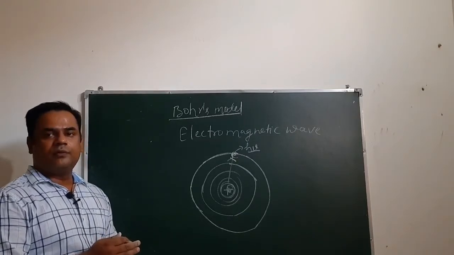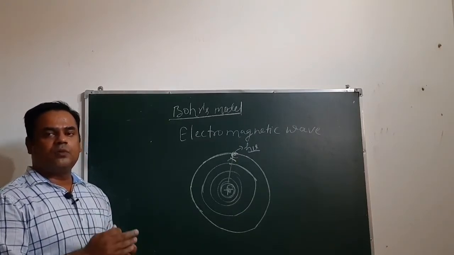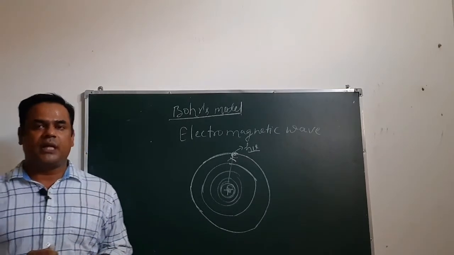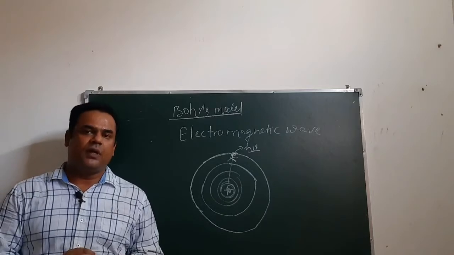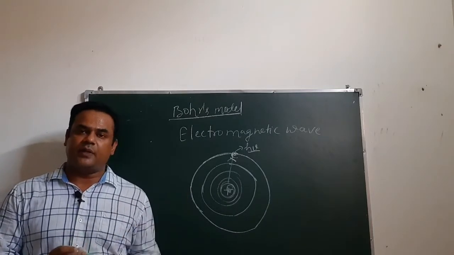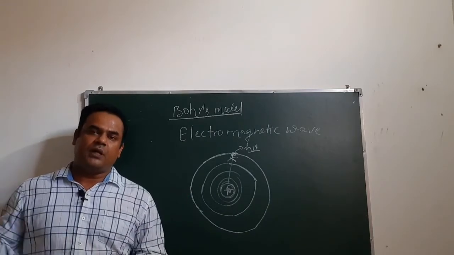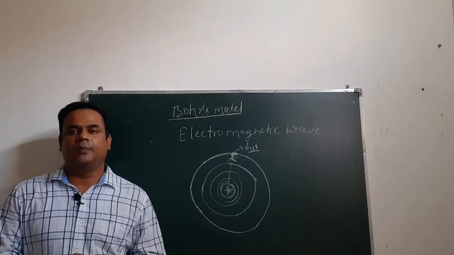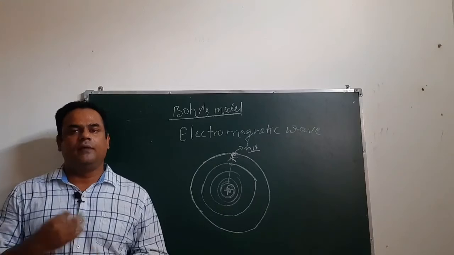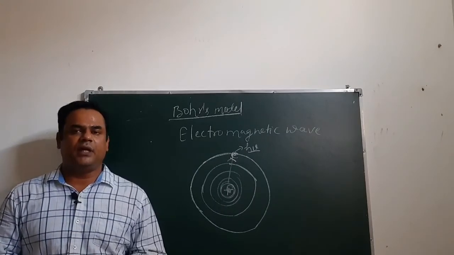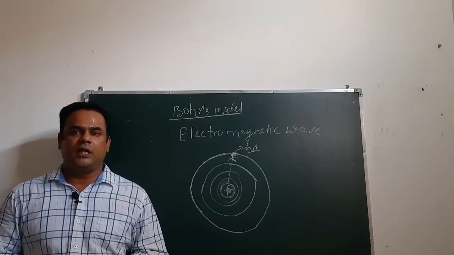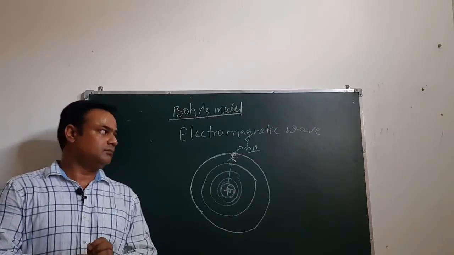After that, Rutherford performed an experiment. The Thomson model was a completely hypothetical model. That model was not based on any experiment. Then Rutherford came and performed an experiment: whenever alpha particles are passed through a thin gold foil, most of the alpha particles pass undeviated, while a few alpha particles get deviated from their path by a very small angle, and 1 in 1000 rebounds back along its path.